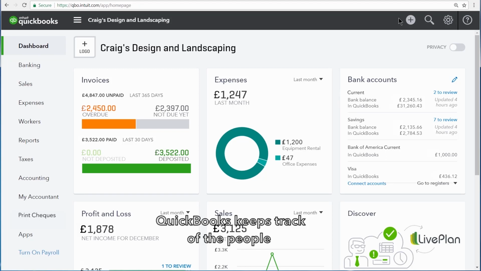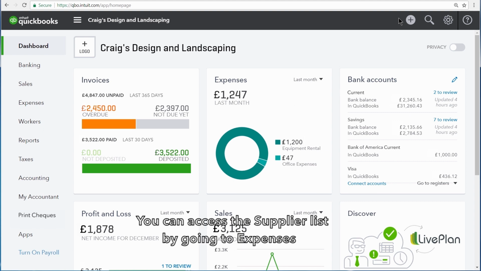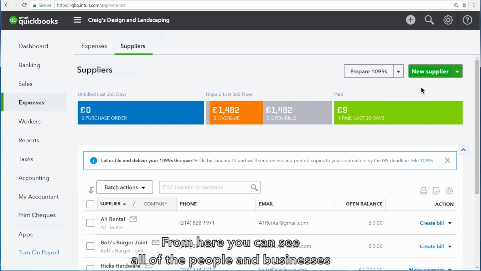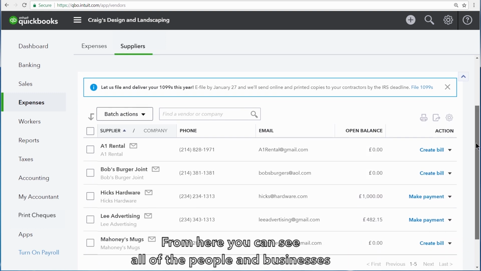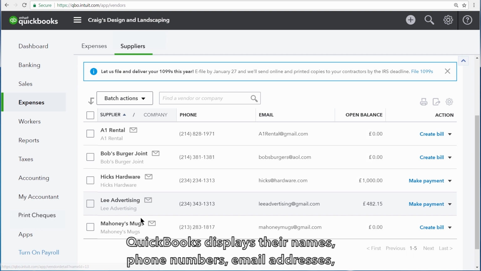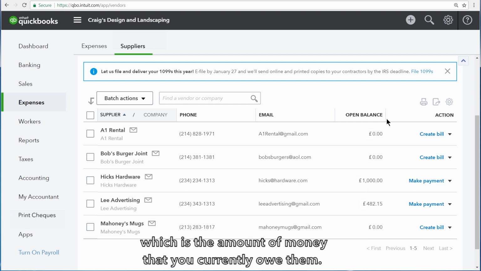QuickBooks keeps track of the people and businesses that you buy things from on the supplier list. You can access the supplier list by going to Expenses and then clicking Supplier. From here, you can see all of the people and businesses that you buy things from. QuickBooks displays their names, phone numbers, email addresses, and your balance with them, which is the amount of money that